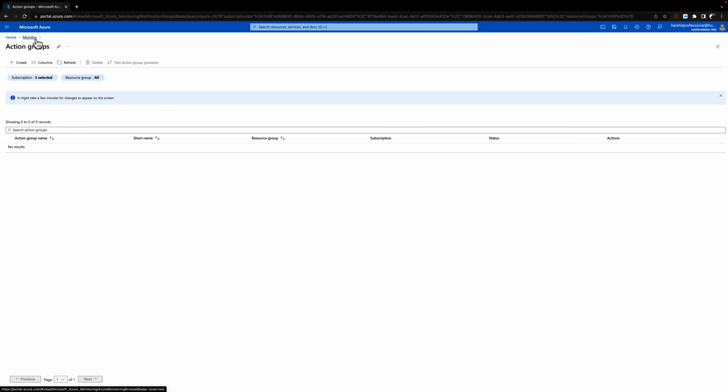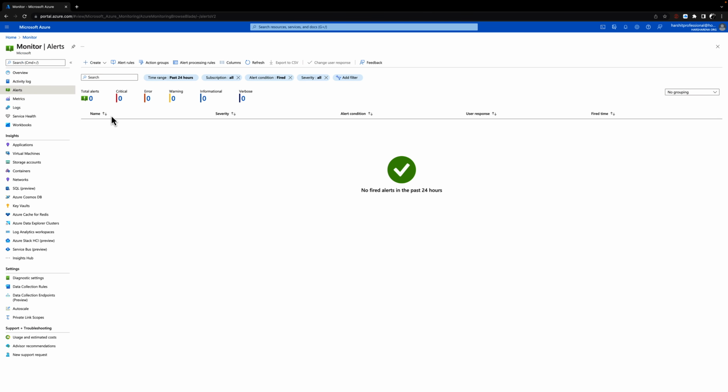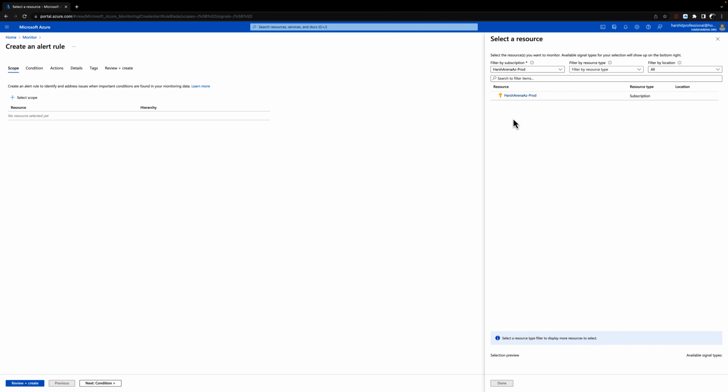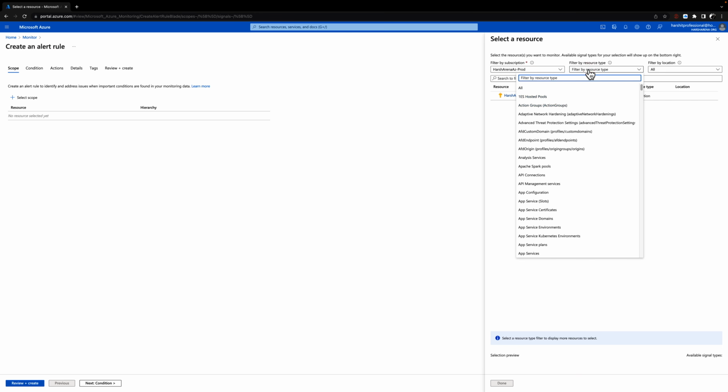All right, then let's go back to the monitor again, and let's start creating a new alert rule. So click create, and this time select alert rule. So what would be my alert rule? Before that, you need to start with the scope, which is called the target resource. Now here, one option is you can enable this for the whole subscription. If you don't want to choose the whole subscription, you can also filter what kind of resource you'd like to enable. Let's say I'd like to choose